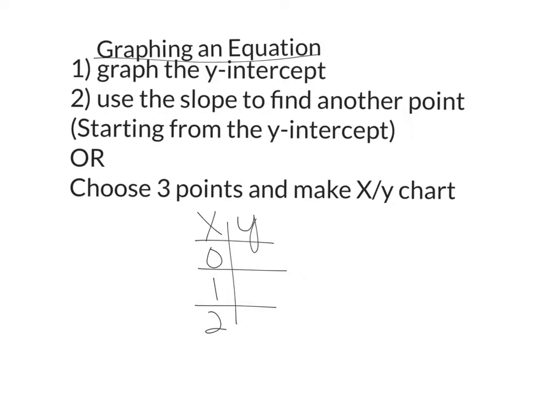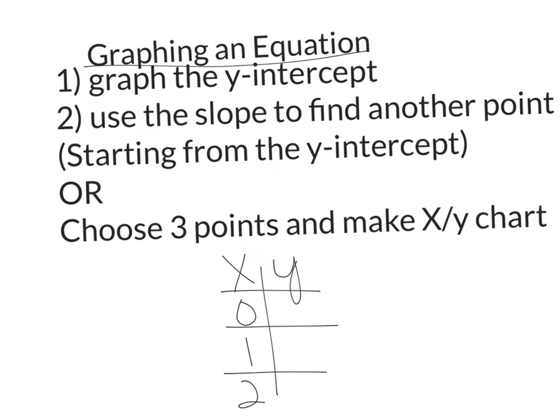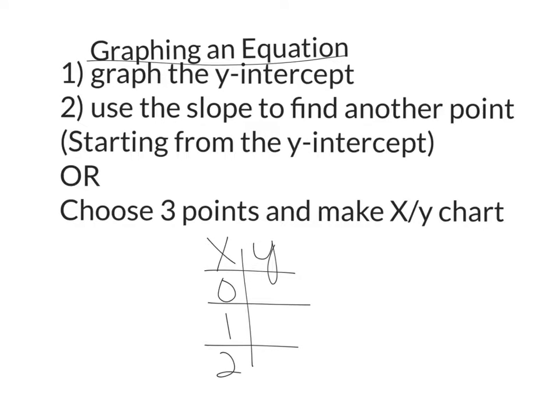In some cases, they are going to give you an equation and ask you to graph it. The easiest way to graph an equation, the first step would be to graph the y-intercept. After you graph the y-intercept, then you can use the slope to find another point starting from the y-intercept. So start at your y-intercept, use your slope, and figure out how many do I need to go up and over, or down and over. Or another option you have,